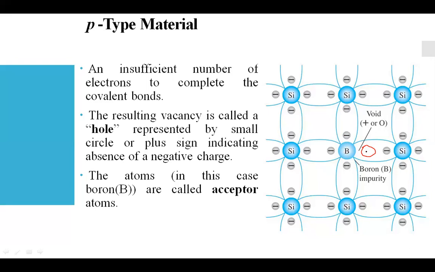This is possible when you are using atoms of boron, and that is what we call the acceptor atom. It is called the acceptor atom because right now you can see that one electron is missing here. You can see that the plus sign is considered here for the hole. So this is what we call the acceptor ions or acceptor atom. This is one of the parameters given here for the p-type semiconductor material.